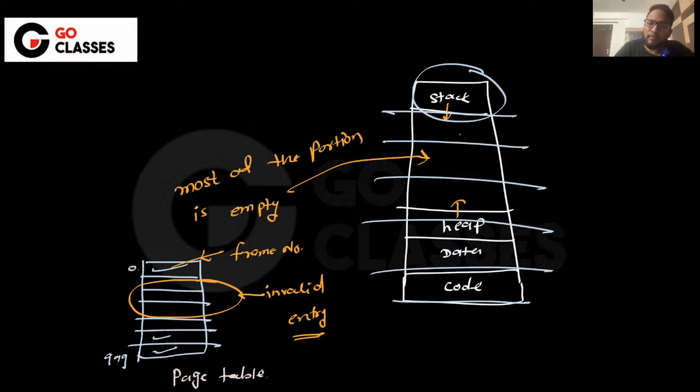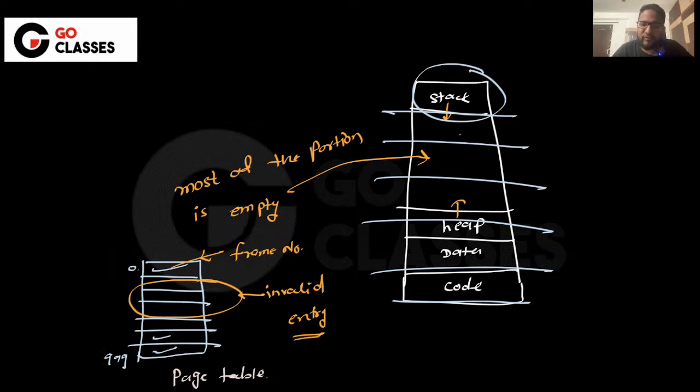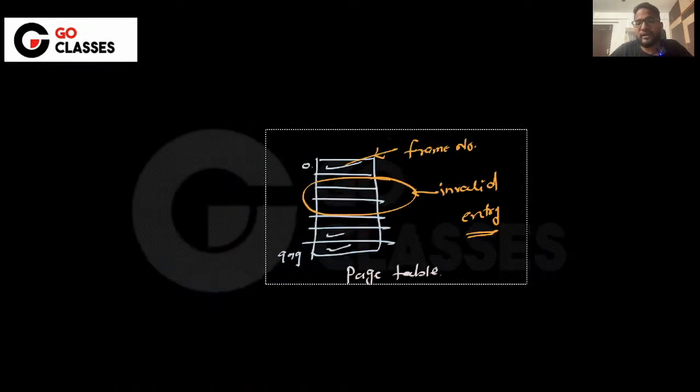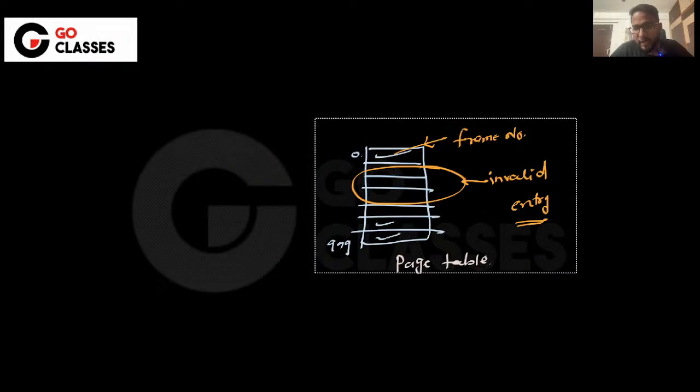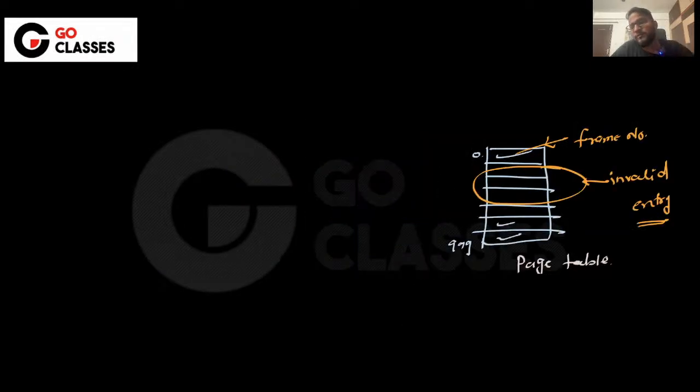So this is the problem with the flat level page table, and multi-level paging actually overcomes this. And that's the very interesting and very important motivation of the multi-level page table. Like why do we do multi-level paging? Because in flat level paging, in a flat page table,